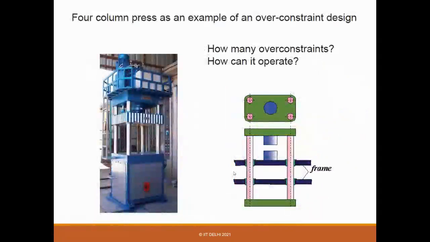Another very good example, with which we can demonstrate what is wrong if we don't follow the kinematic design principles, and what is the price we pay. This is a normal 4-column press, and what you see, there are 4 columns here. These are for guidance, right? And what you want,